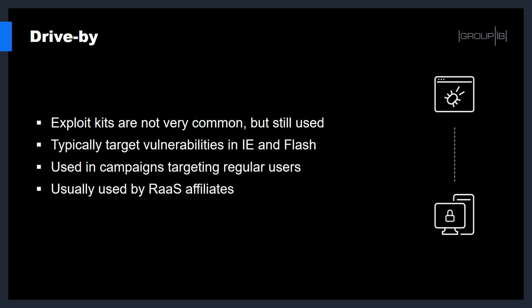So again, you can understand from this that usually this is about regular users. And if we are talking about recent trends, this year exploit kits are not used that often as the previous year, because